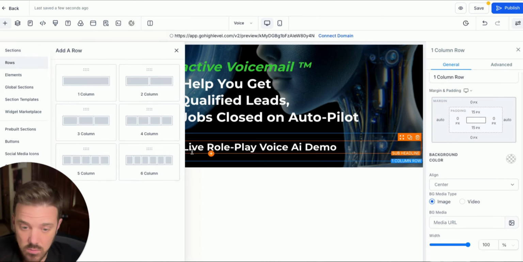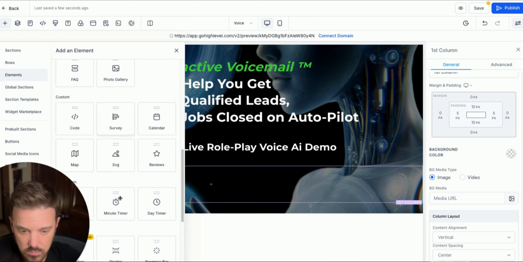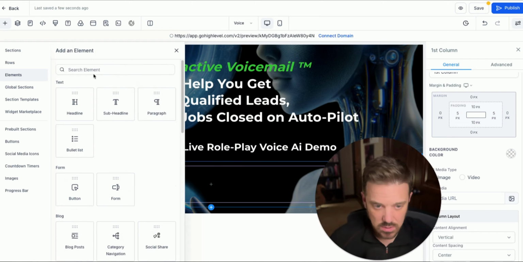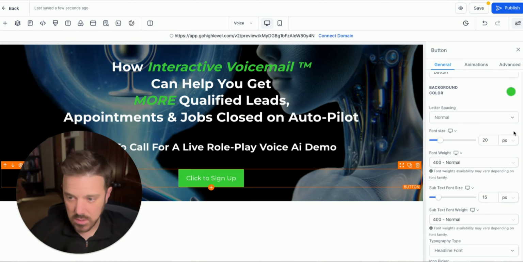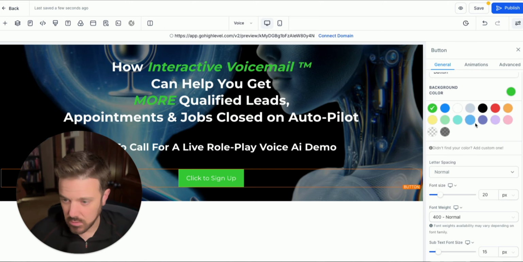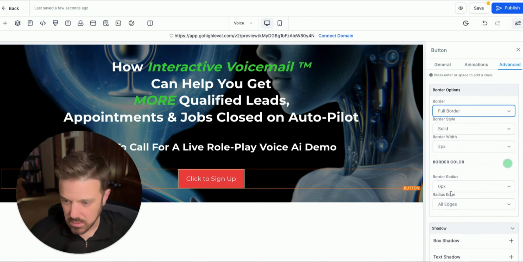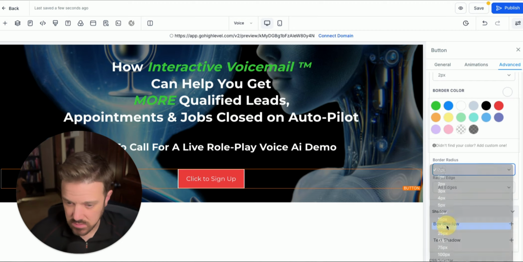Sweet. And now we're going to create a button. We're going to create our call button. And if you can't find the word button, because my head is covering it up, you just type it up here. Button. Bada bing, bada bing. Okay. So now let's change this button color. Let's go with, why not, red or blue? Let's go red. Let's go ahead and make a border on this guy. And the border color is white. Let's say we want to round the edges 20